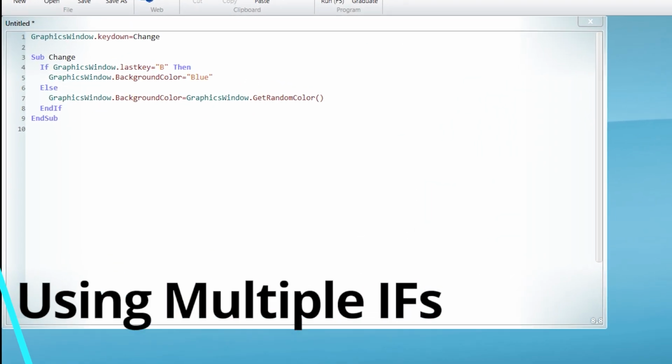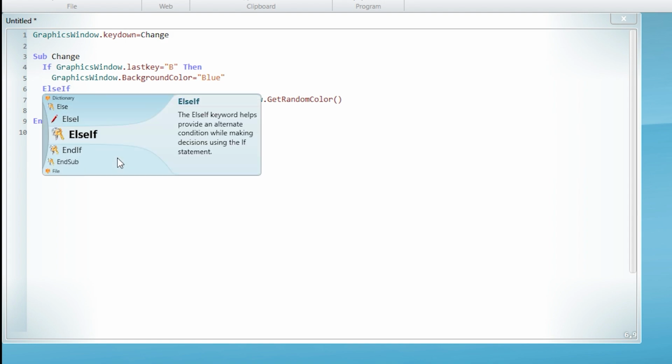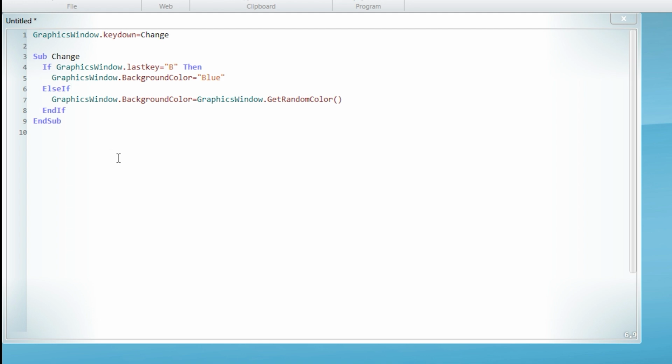So what if you want more than one if condition? You can simply, instead of writing the else, write else if. Now suppose I want to test that if the R key was pressed, then the background color should change to red. So I can write else if